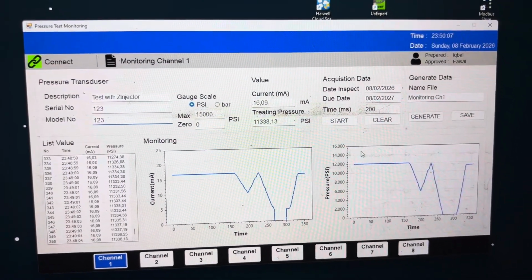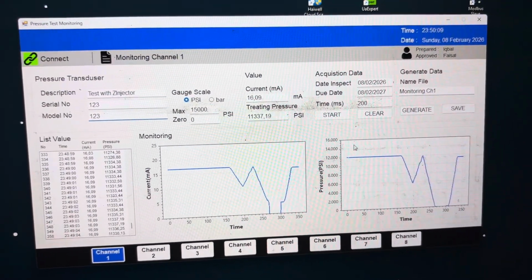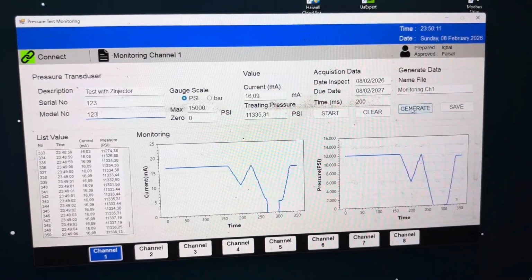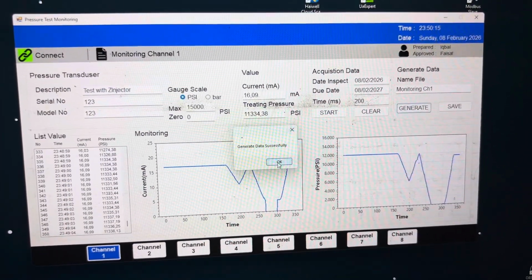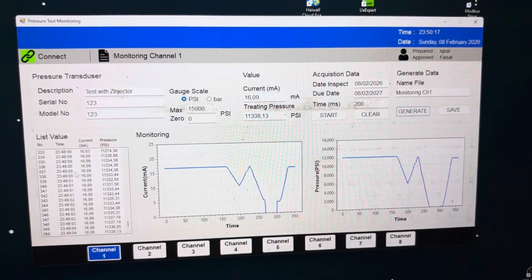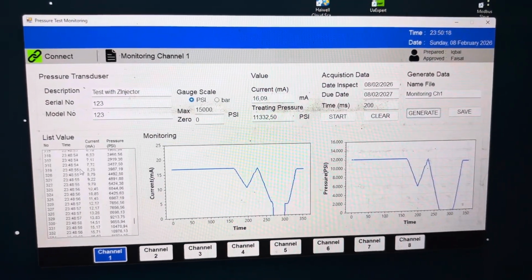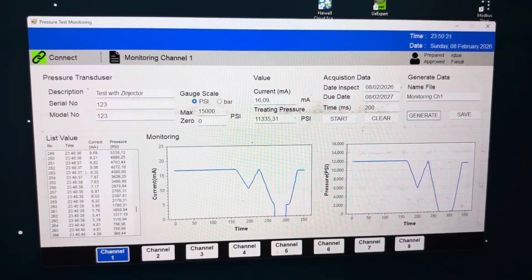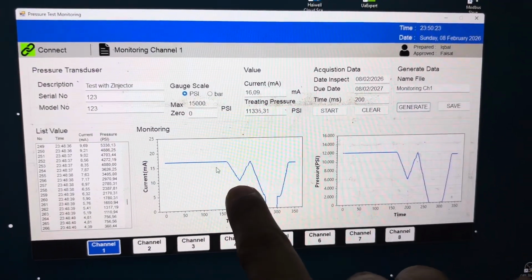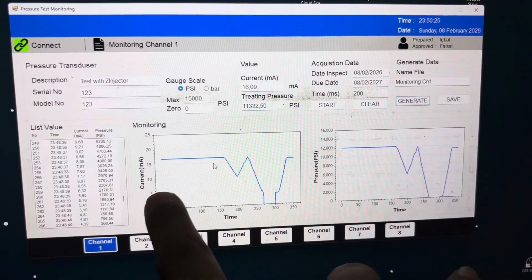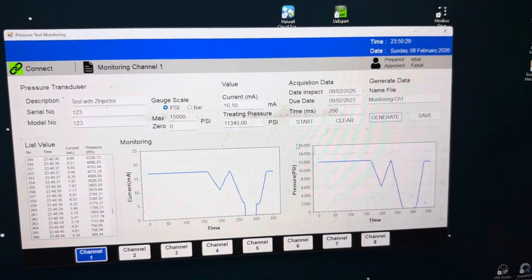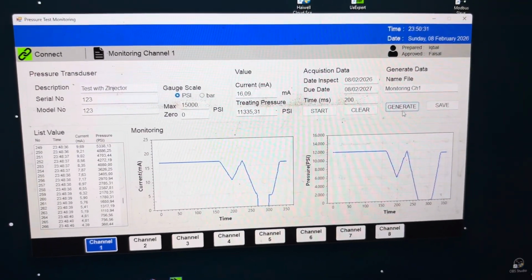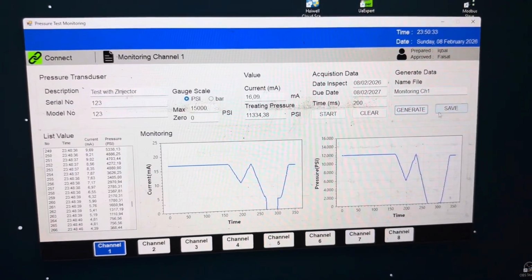So to generate the data, we can click generate. Generate data is successful. After that, we can save this data, and we can save this plot of the current and the pressure graphic for the calibration result.